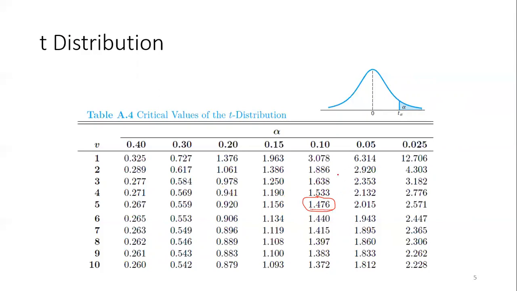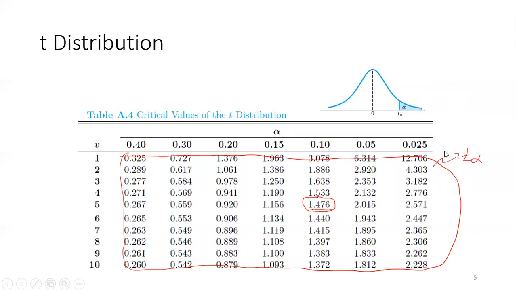This inner side of the table gives you the t values, the t alpha values. Alpha values are here, and these are the degrees of freedom. This is because in the standard normal distribution you don't have any parameter, but here you have a parameter. So let's try to write this one. This is the probability that a t random variable with 5 degrees of freedom